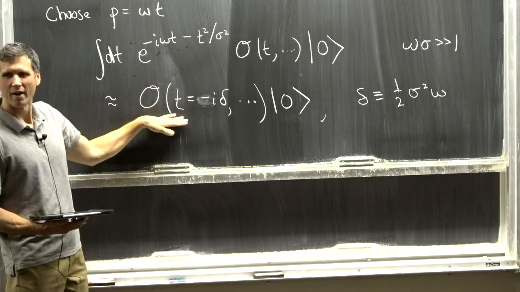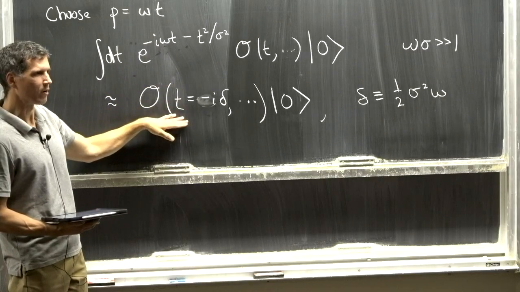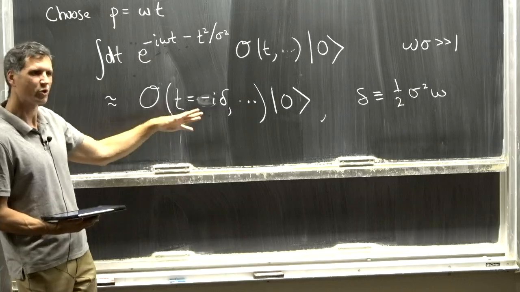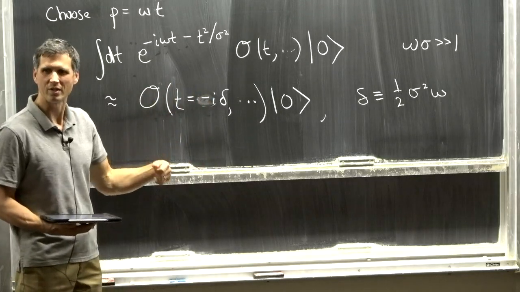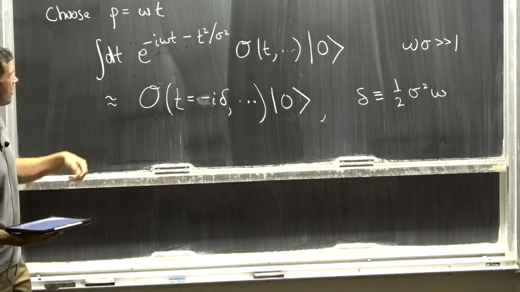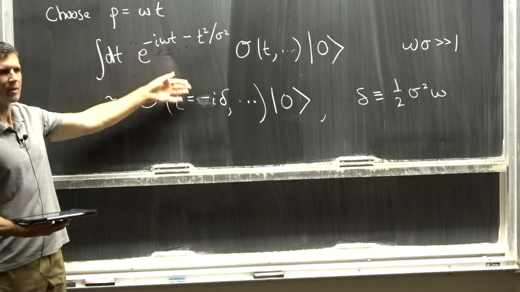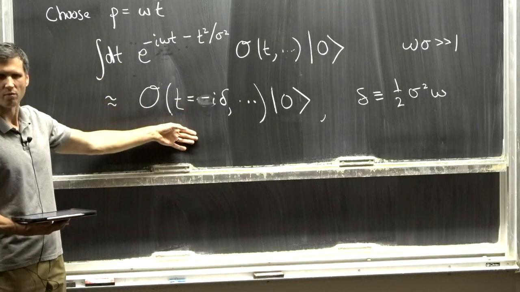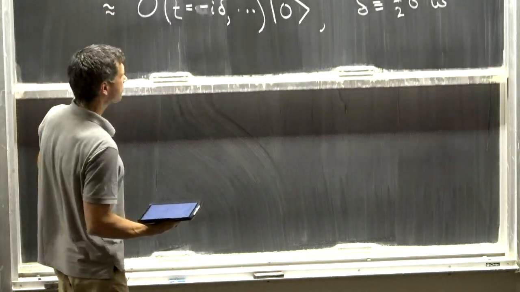Okay, so that's all we did, we smeared things in Lorentzian time. When you have these wave packets, that's pretty much the same as moving things off into Euclidean time. So there's kind of two ways to think about making normalizable states in Minkowski space. One is to think about smearing in real time, and the other is to think about shifting in imaginary time. Any questions so far? Yeah.